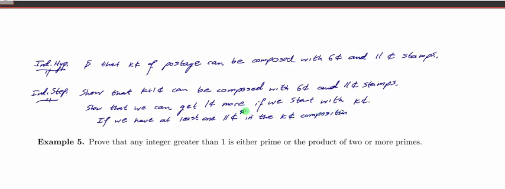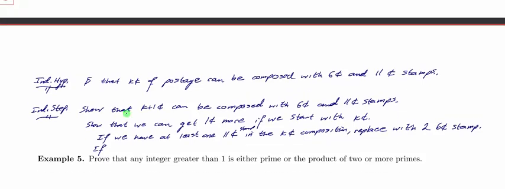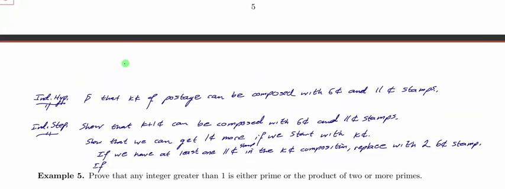A 11-cent stamp in the k-cent composition, replace with 2 6-cent stamps. If not, then I can't just say take one 6-cent stamp and do something with it. If you go through, and this would be part of the scratch work that you would need to determine how many base cases you're going to have, I would need at least, if we look at multiples of 6,